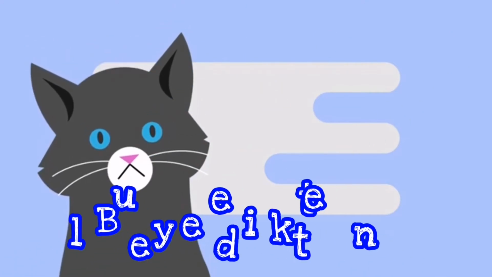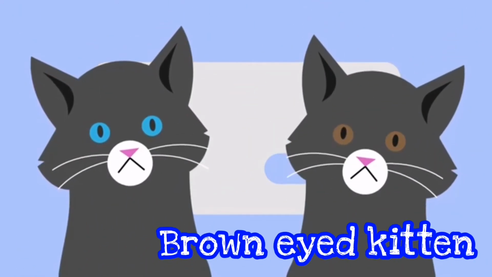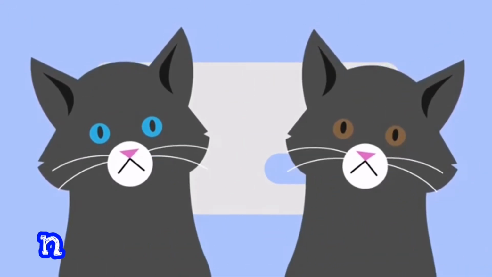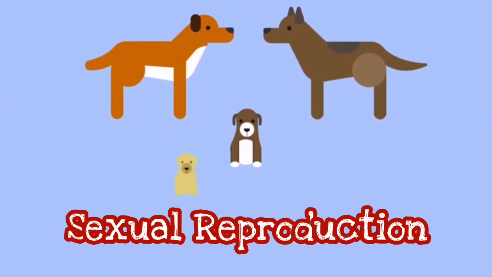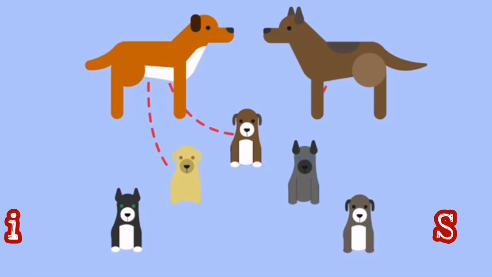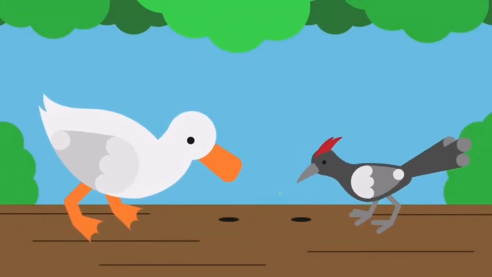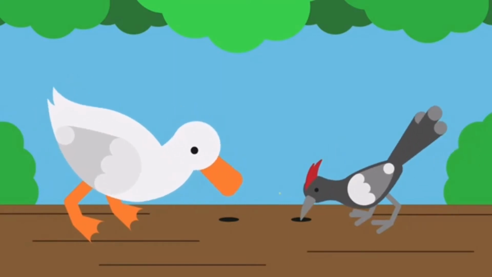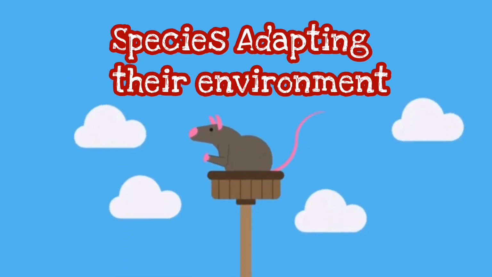For example, in the eye color gene, this kitten has an allele for blue eye color. This kitten has an allele for brown eye color. If the species reproduces by sexual reproduction, the random mixing of alleles from both parents results in extensive genetic variation within the population of a species. This means that some individuals are better adapted to their environment than others, allowing natural selection to